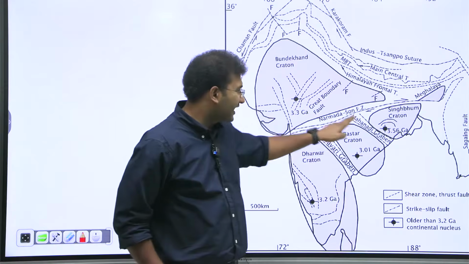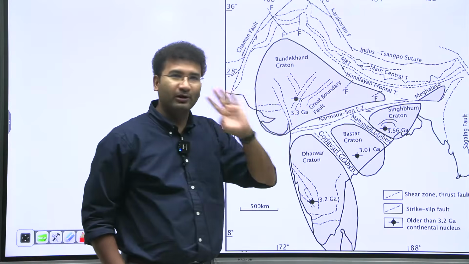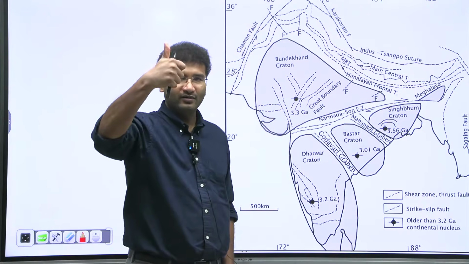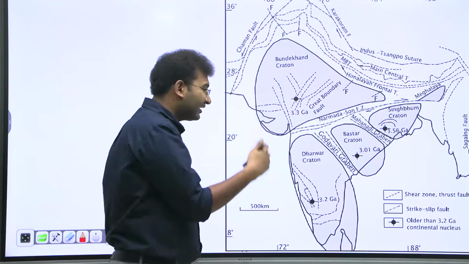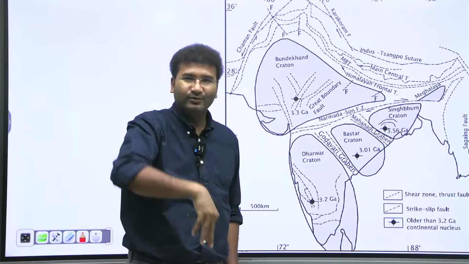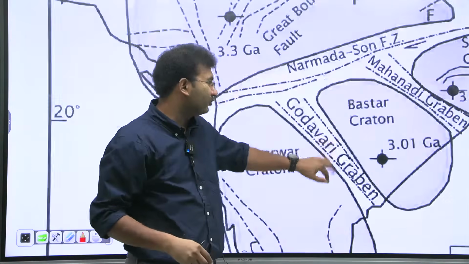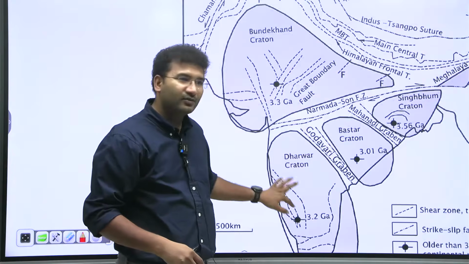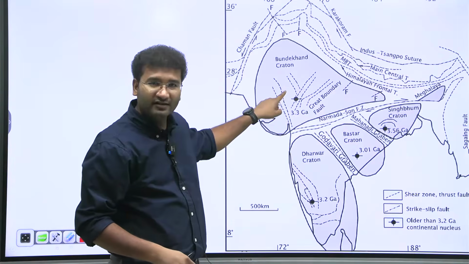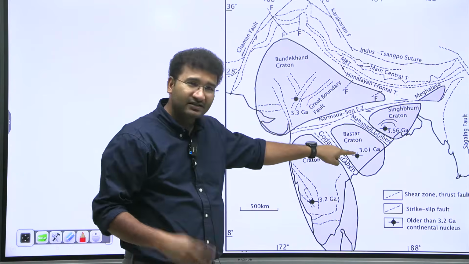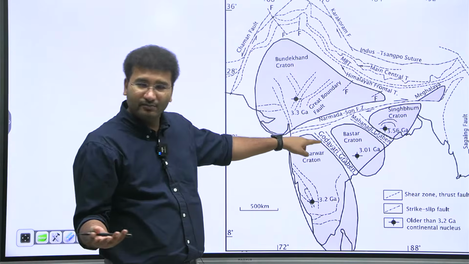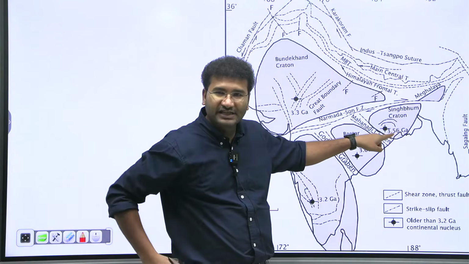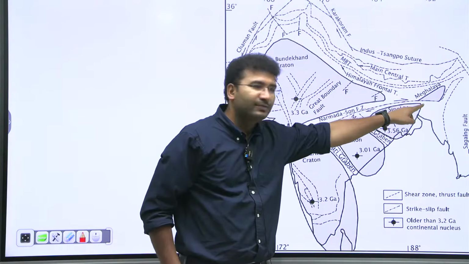Wherever you see these gaps, that is where you will find coal. Thumb rule. ठीक है, thumb rule. In these gaps, there might have been forest that got deposited there. Don't think that gap means a small gap. This gap can be 200 kilometers, right? So this is Dharwad. This is Bundelkhand craton. This is Bastar. आज भी Bastar वही region है. Bastar craton. And this is Singhbhum craton. And the other one is Meghalaya craton.